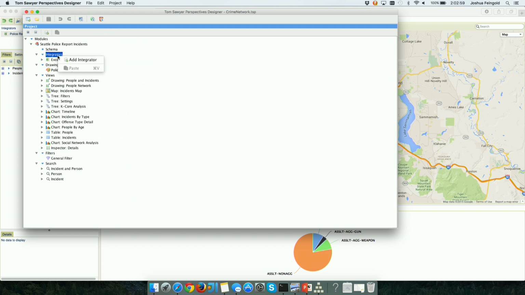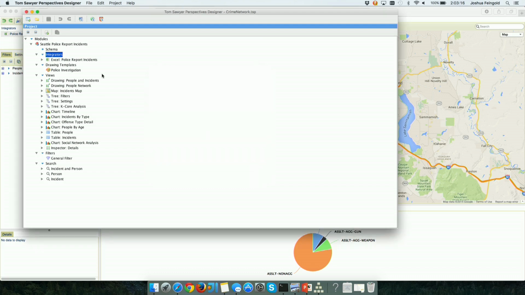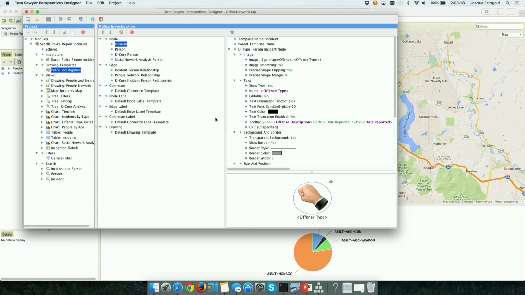You have integrators, which lets us connect, as I said, to a whole variety of different data sources on the back end, or you can access directly at the API level, plug into plain old Java objects, plug into the data model that's already running for the rest of your web application, and move on to creating some archetypal templates for what does something look like. So here's an offense type template. It's got an icon associated with it, and we're going to drive the image for that offense type off of